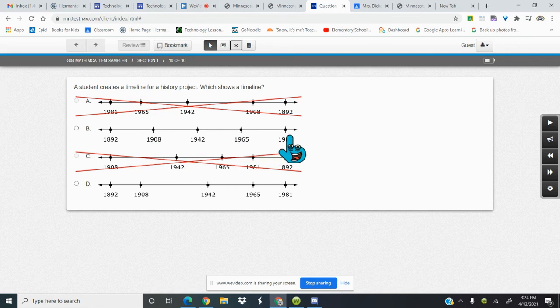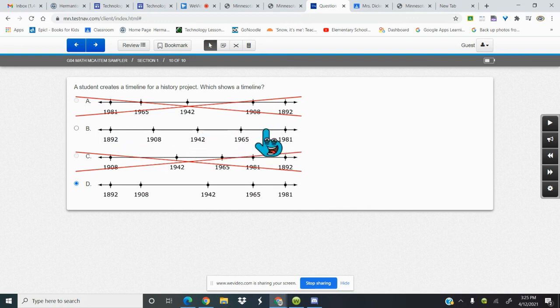In a timeline, dates are not exactly apart. So the logical answer would be this one here, D, because the dates are accurate in how far apart they are based on time. So D would be the answer, even though they're trying to trick you with this one,